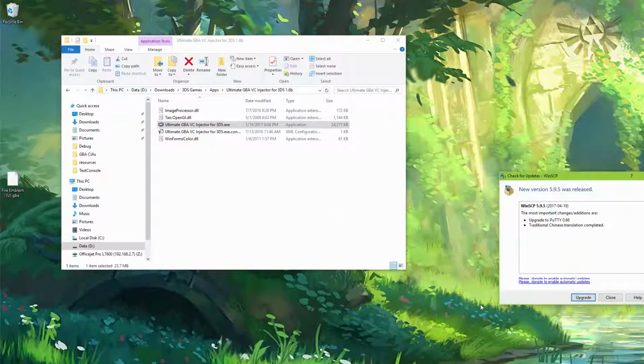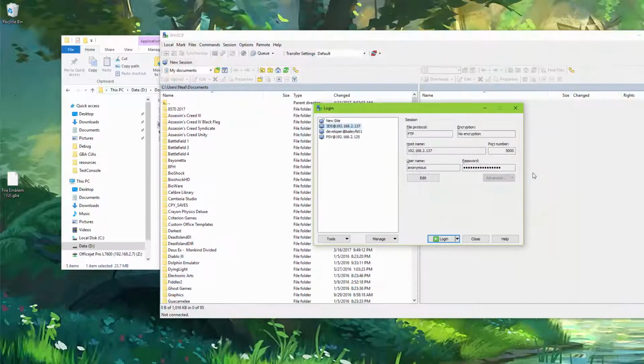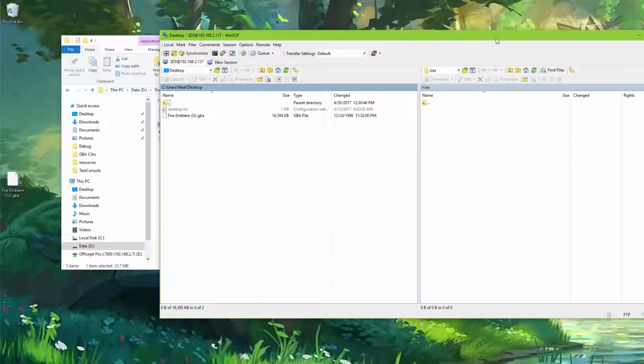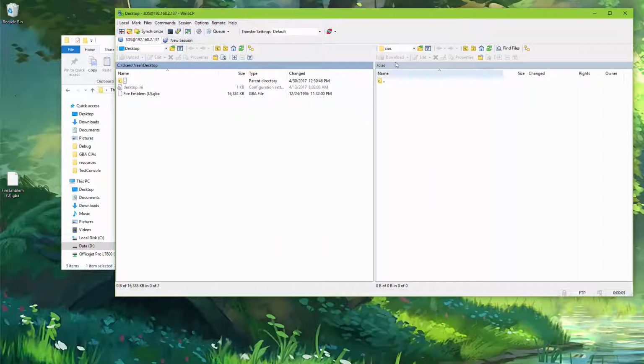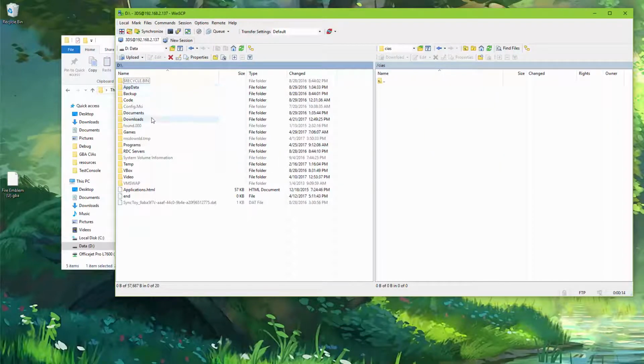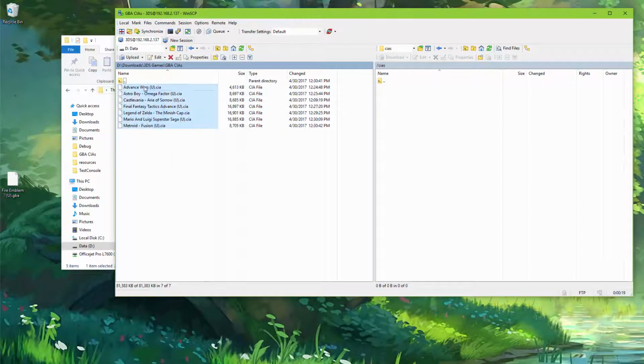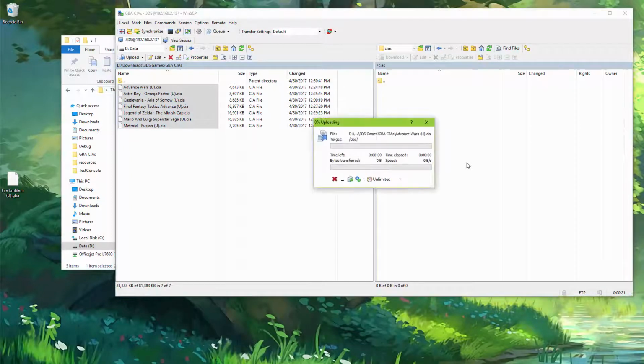So once we've got the FTP application running on the 3DS, we're going to open our FTP client here so that we can make a connection from the computer to the 3DS. And then we're going to connect to the 3DS here, and we're going to navigate to the CIAs folder on the 3DS. And then on the local computer, we're going to navigate to the directory that we saved all the CIA files from the Virtual Console Injector utility. Then here we're going to drag those over,